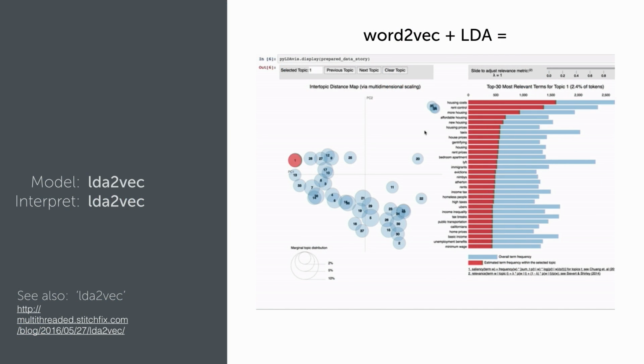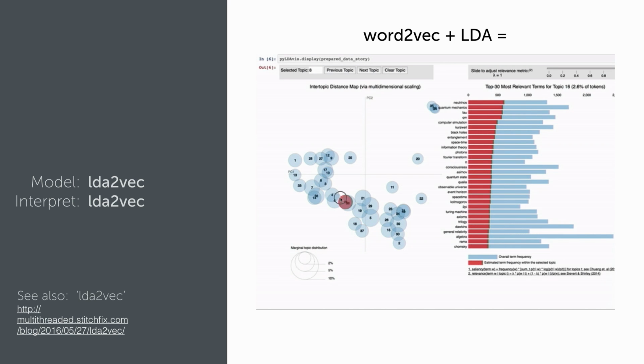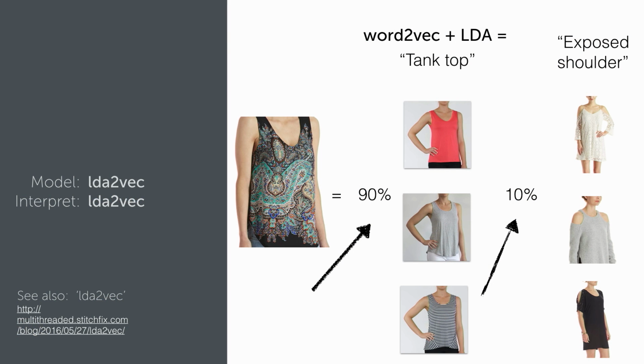I don't have a huge amount of time to talk about LDA2Vec, but LDA2Vec is another way to actually build sparsity into your models and learning about not just word-word co-occurrences, but topic-to-word and document-to-word co-occurrences. And the really nice thing is you get visualizations like this where you can learn what the topic space actually means. Critically, though, instead of being plus 0.53 in atom 23, you're now 90% in the tank top topic.